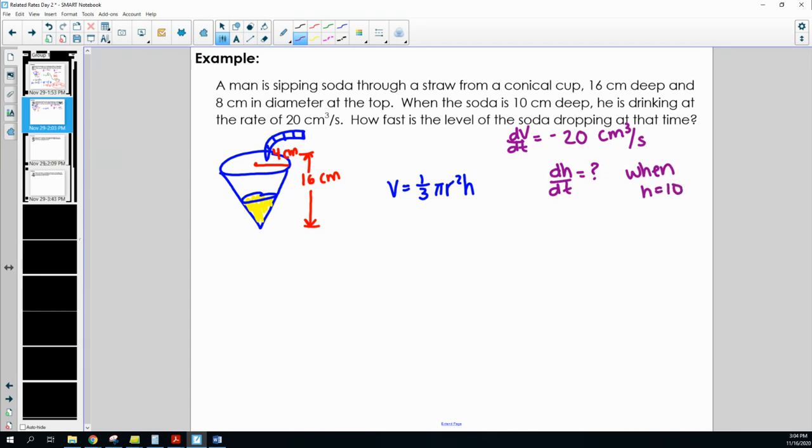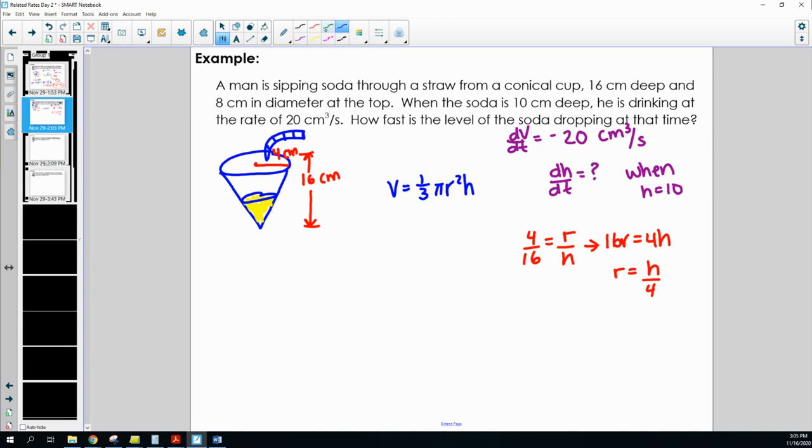So like before, we don't have any information about the rate of change of the radius. So we first need to set up a proportion here. We're going to say that 4 over 16, so the radius versus the height, is equal to r over h. So we cross multiply, so 16r is equal to 4h, and we're solving in terms of r, so r is equal to h over 4. So very similar to the last problem, we're going to take that h over 4 and substitute it in for the radius in the